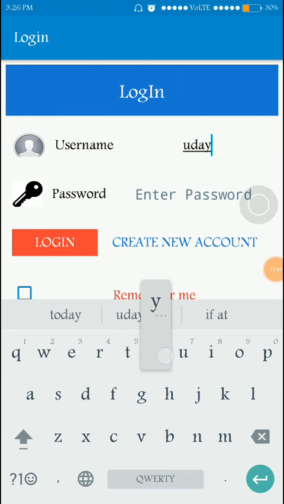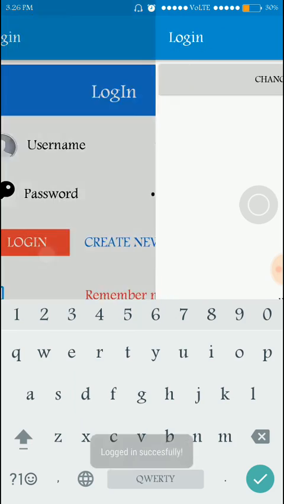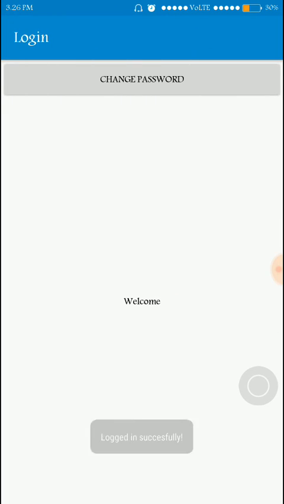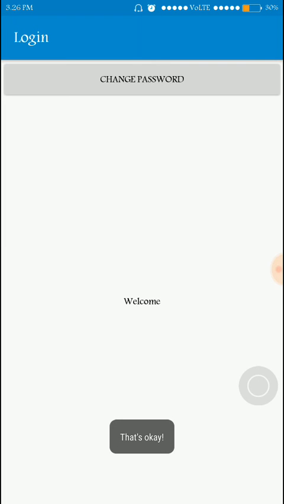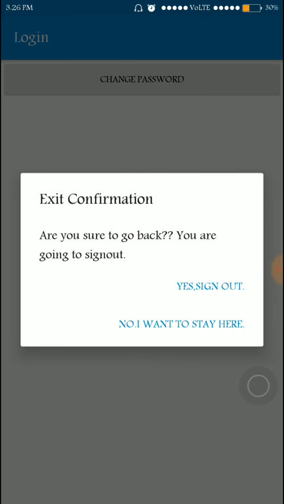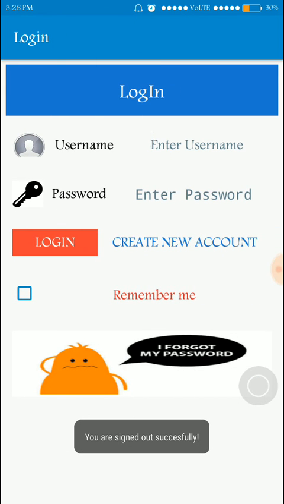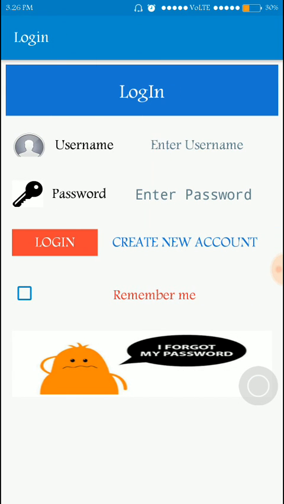If I log in, and then if I want to press the back button, it shows an exit confirmation. Are you sure to go back? You are going to sign out. This is called the dialog option. Yes, sign out. No, I want to stay here. If I press I want to stay here, I stay. Or if I want to sign out, I am redirected to the login page. This is dialog, and it is very popular.